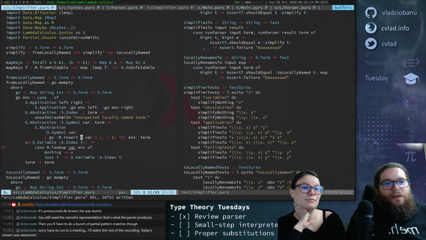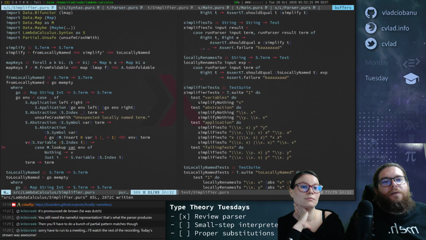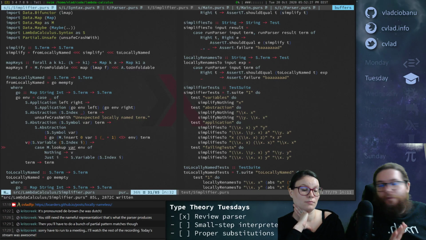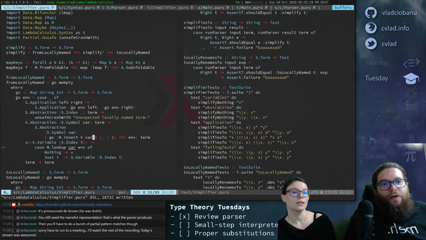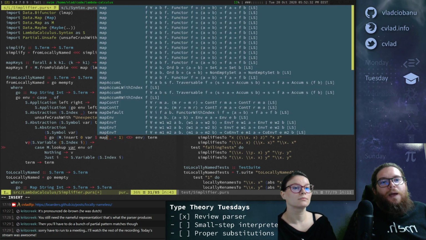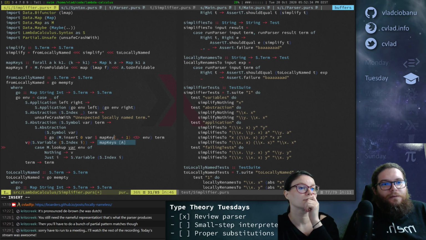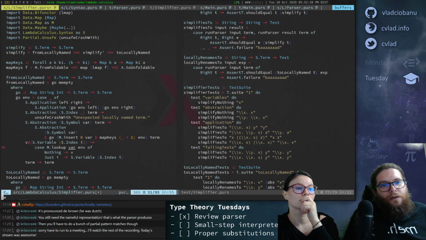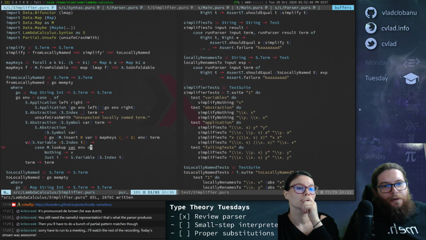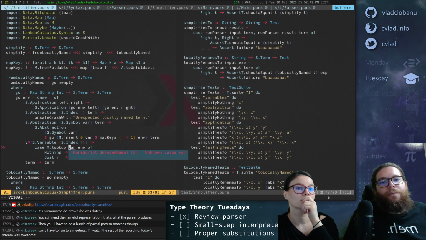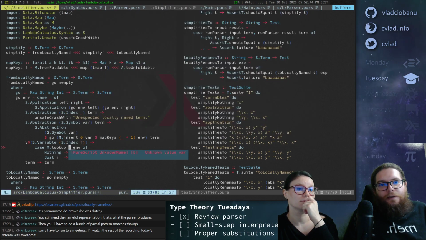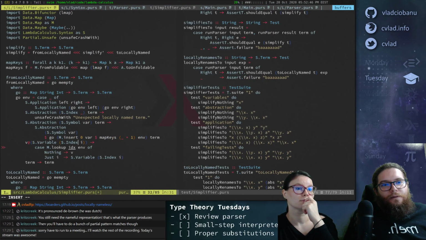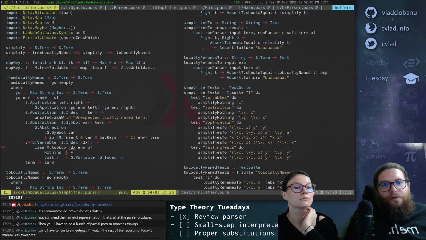Okay, so here we need to insert 0 because we need the numbers, right? Okay. And the variable name, and then we do map keys +1 over environment. Okay, and now we need to look up I. Yeah. Right, the index. Let's do IDX instead.